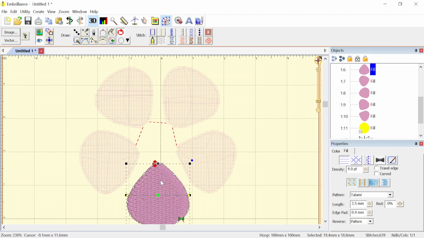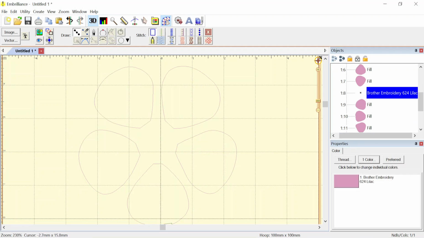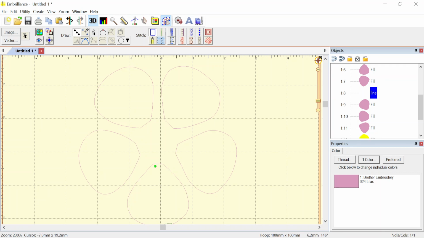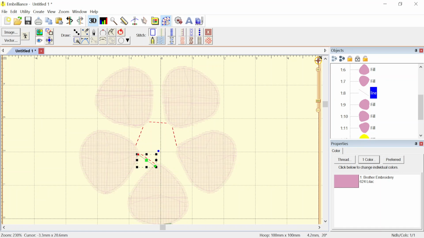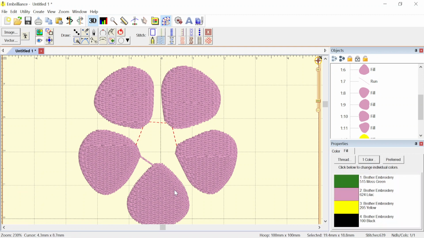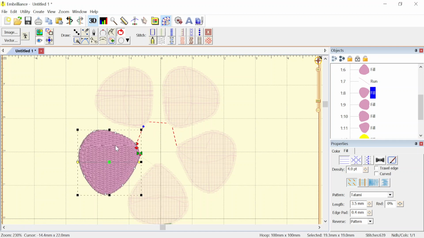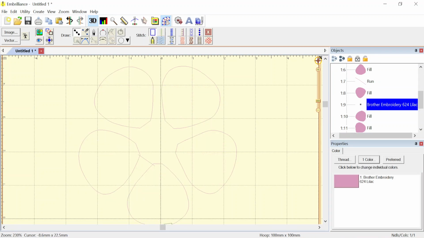So here, I'm going to add the run stitch going from here to here, and I make it the single run stitch, and I should move it earlier, so between these two, so you can see that right now there's no jump between these two. So it's through that, then through that line, and then through that line. We can add there as well, so I can go ahead here, add the line also from here to here,